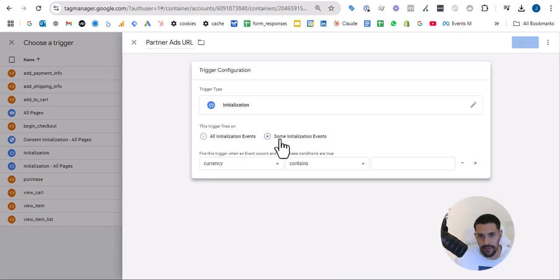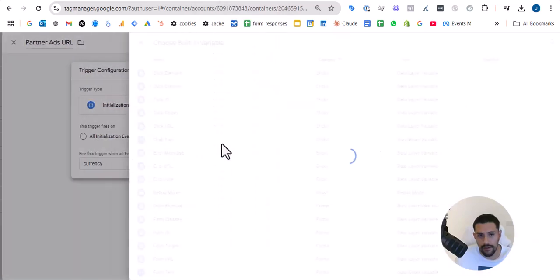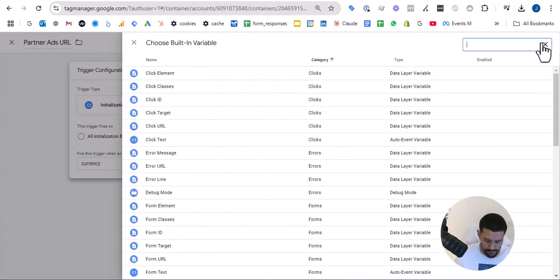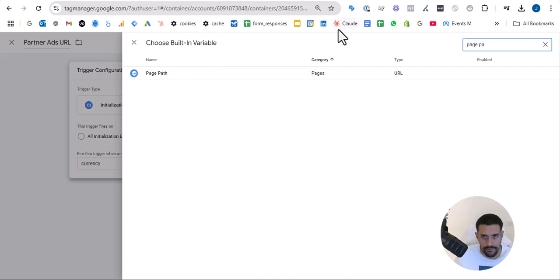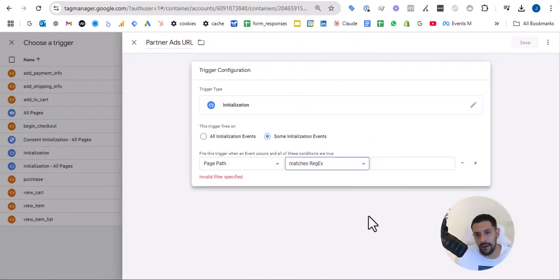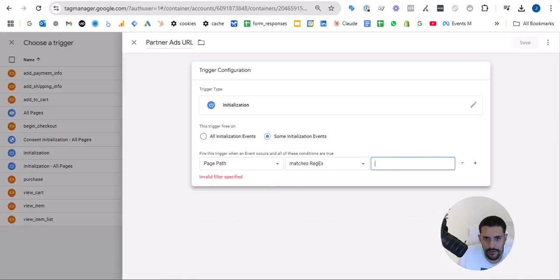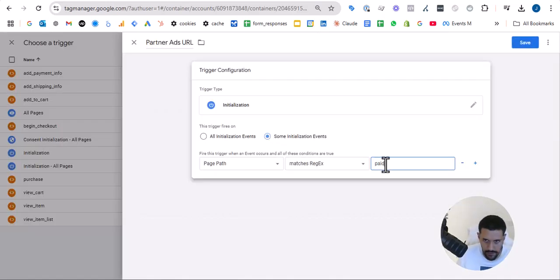And we are going to select some conditions here. So the page path, let's select, and we are going to use a matches regular expression here. And let's select paid or